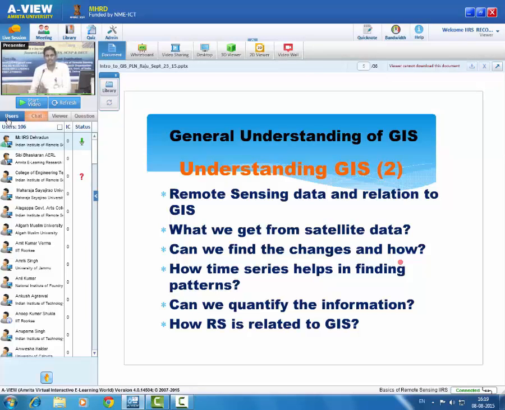And then, when it is inundated, whether it has damaged the human population, houses, or crops, all these things you can find out. So that means changes can be easily found using GIS. See, earlier, if you talk about